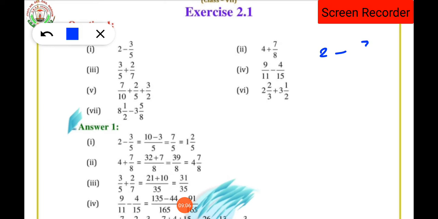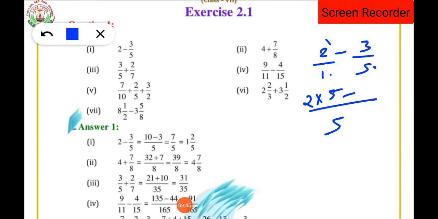So what is the number we are having? 2 minus 3 upon 5. Since the number 2 does not have any denominator, we will consider it as 1. Now taking the LCM of 1 and 5, because it is an unlike fraction, their denominators being different, we will get the LCM as 5 itself. Now 5 comes into the table of 1 how many times? 5 times. So that 5 will be multiplied with the numerator 2. Then the minus sign comes. Now 5 comes in the table of 5 how many times? 1 time. That 1 will be multiplied with the numerator 3.